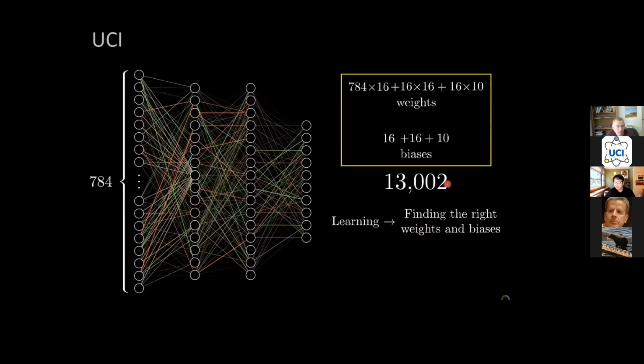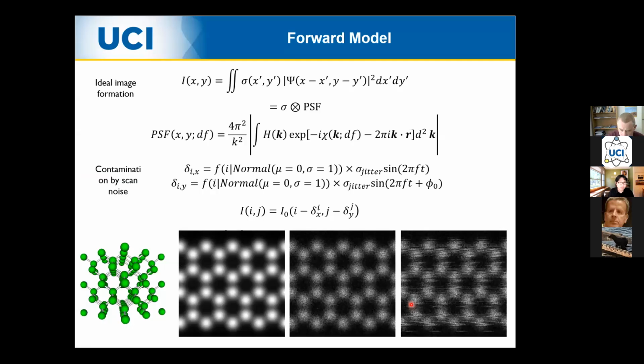And such that it will actually function conceptually in the way that I just presented, like our brain partitions an image, right? And that training or learning process is basically finding the right weights and biases, right? And to do that, you need to train the data. You need to train the neural network such that it will find the correct weights. And the most important thing is actually to create ground truth labels. So let's look at how we actually can create those ground truth labels for supervised learning,